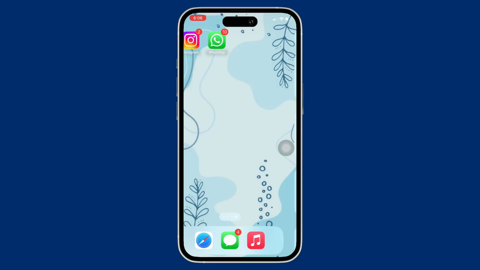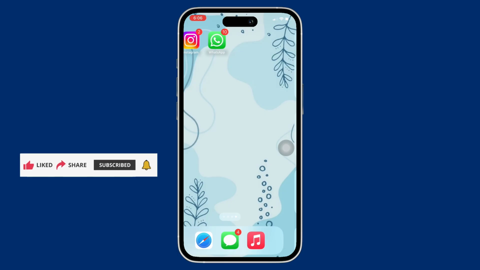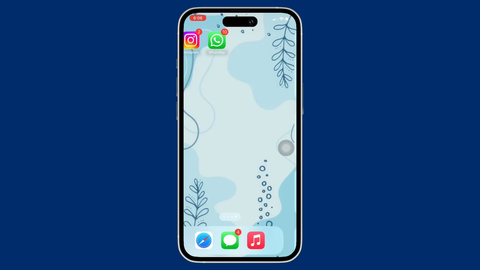If you want to add translate to your keyboard on your iPhone, then it is important to download the Gboard app from your app store if you do not already have the app. So open App Store and download the Gboard app, and once it is installed, you need to make it your